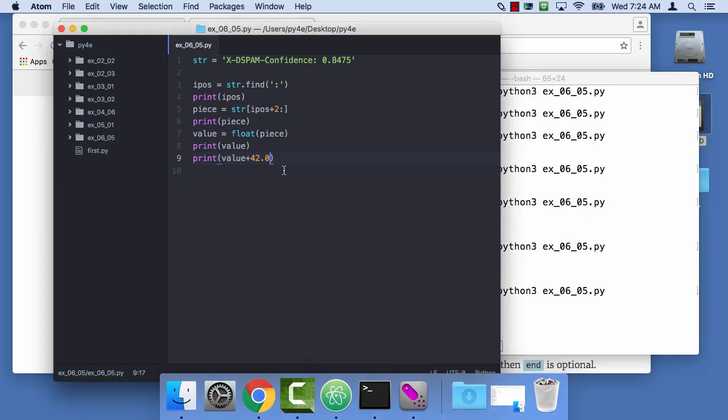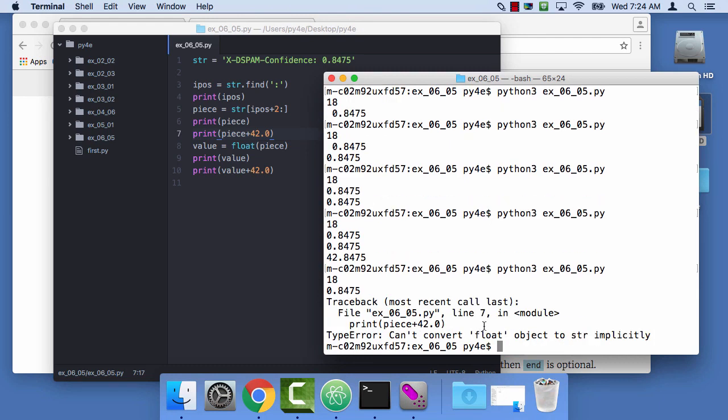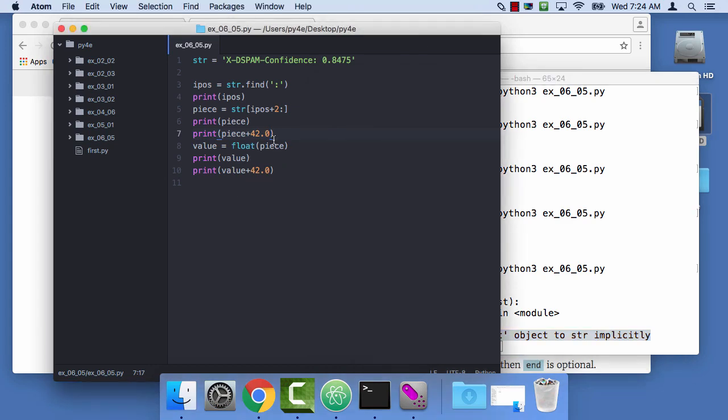So 42 point, and if I did print piece plus 42.0, that will blow up, right? Because piece is a string and 42 is a float, and it says can't convert float object to string implicitly, okay? And so other than sort of taking out this extra stuff,